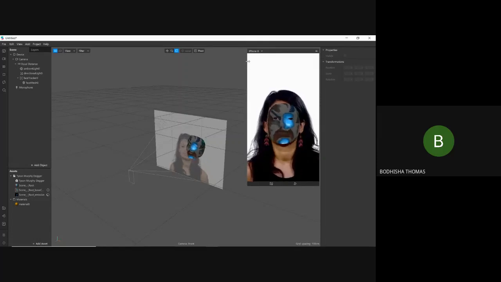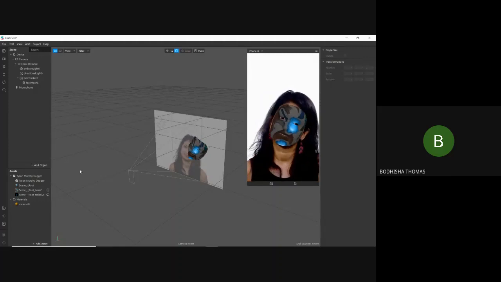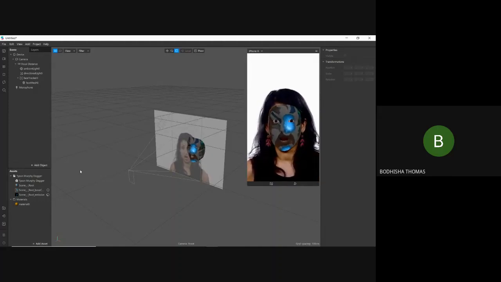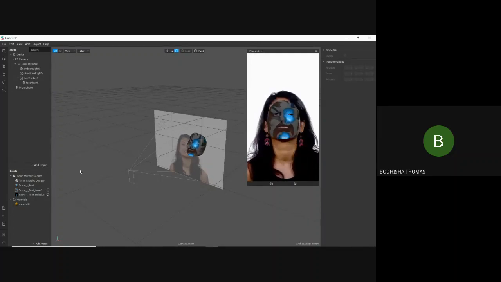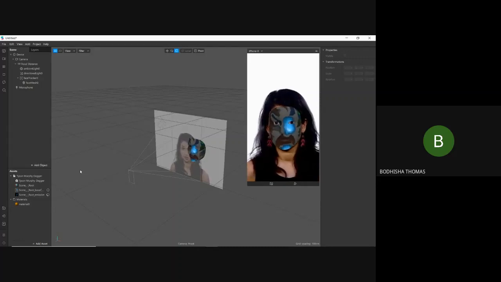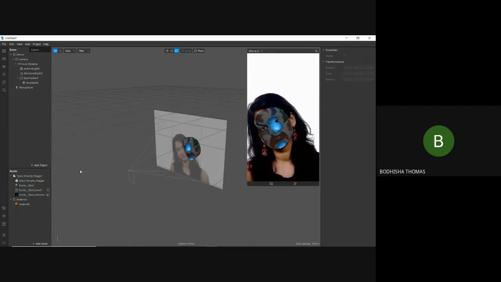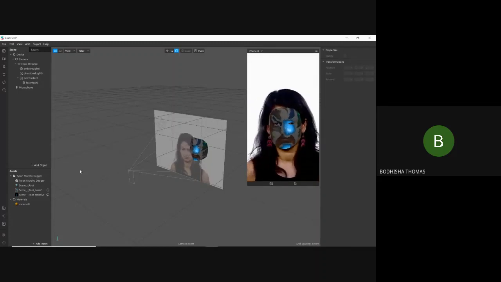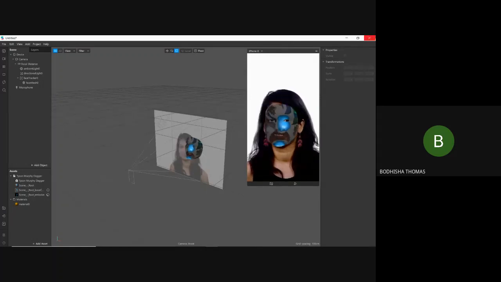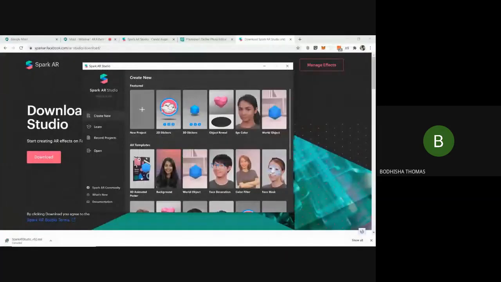Now I think we can start off with our first filter, that is face paint filter. We'll be creating face paint filter, and I'll be guiding you to publish the same to the Spark AI Hub or Instagram. The most interesting part is that after you submit your filter to Spark AI, it will take just 3 to 4 hours to get it reviewed. That is, your filter will go live to Insta within 3 to 4 hours. That's cool, right? So we'll start off by creating a new project. We'll discard this one and create a new blank project.